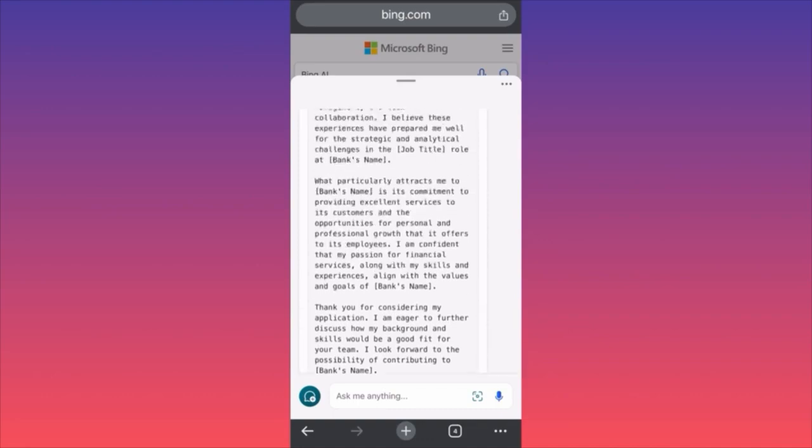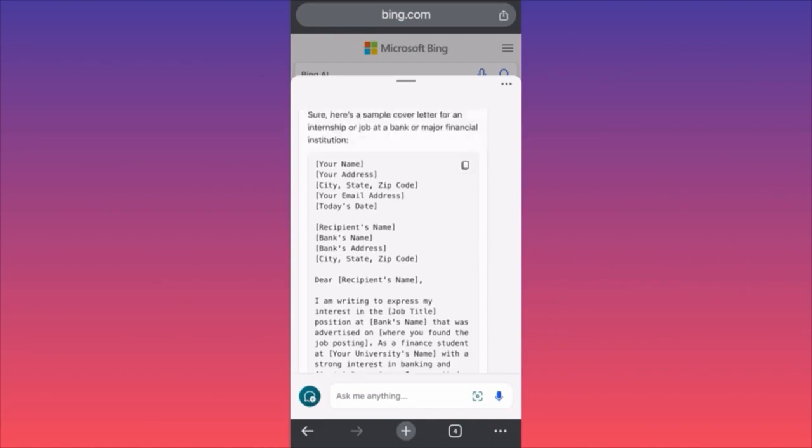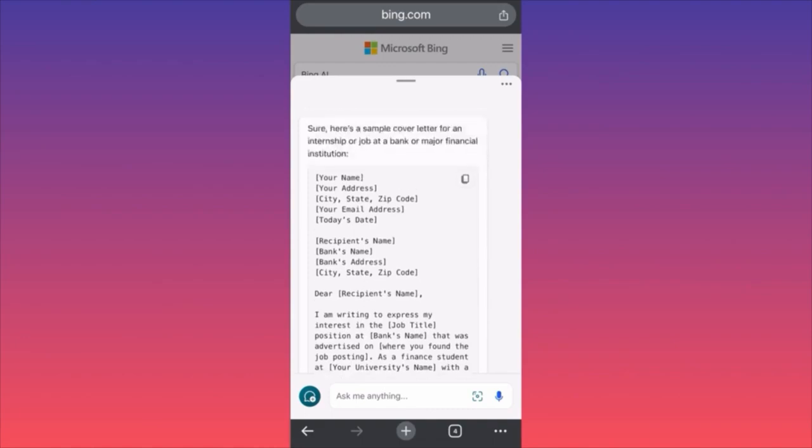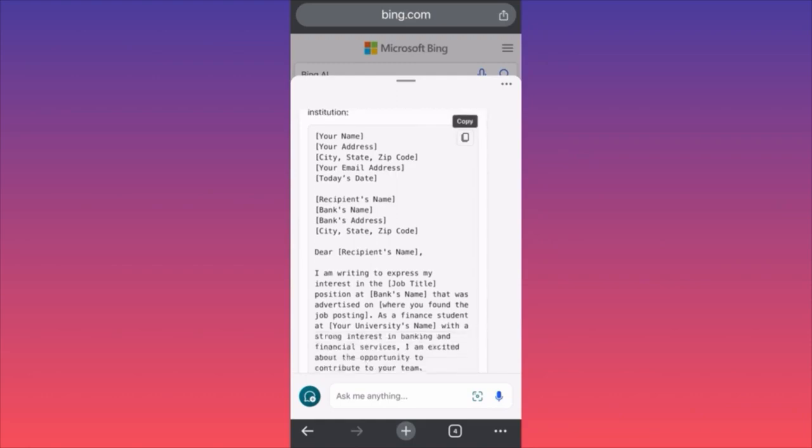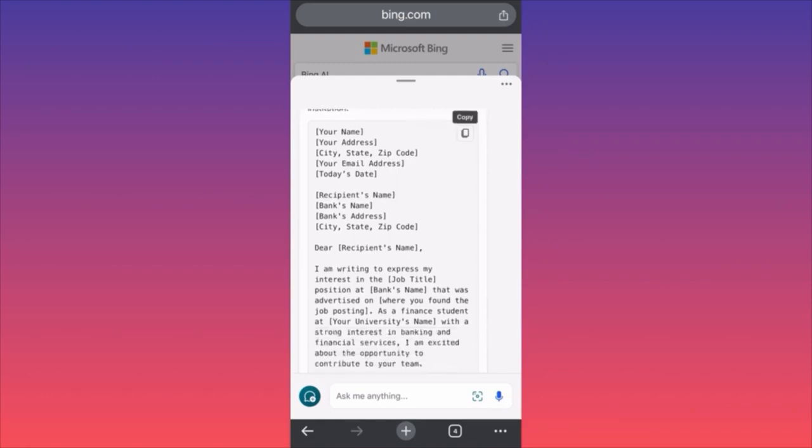So if you look at over here what we generated, it's absolutely amazing. Even the font looks so legitimate. You can click on the upper right corner and you can simply copy. You see, we just copy the exact template. So we have a very nice structure. I would say this is a formal structure.